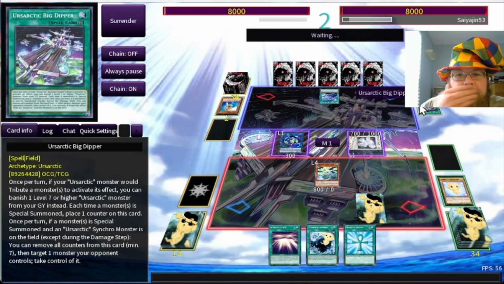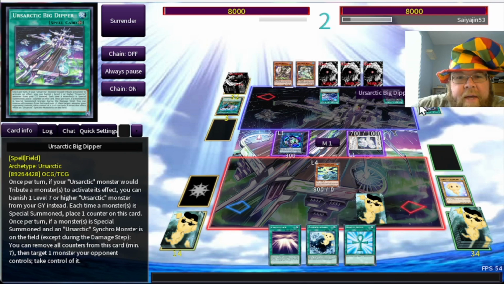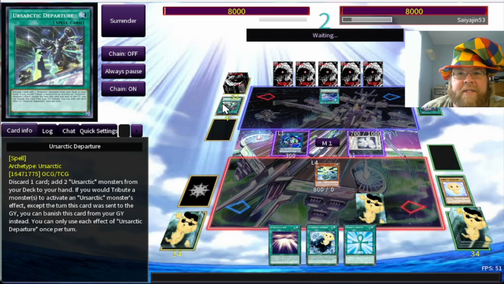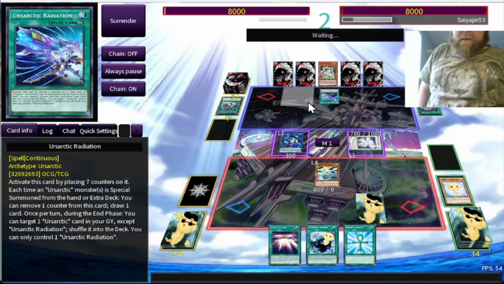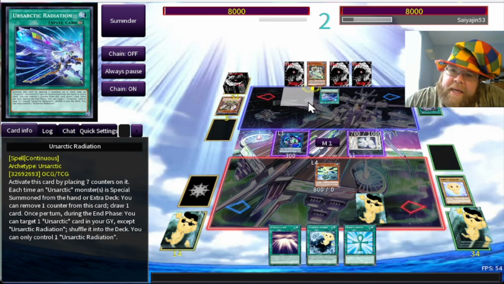And then this Ursarctic will tribute a monster, activate effect, banish a dude. Every time a monster is special summoned, place a counter. And then remove all counters at 7. Okay. And then this thing, which just gets him 2 Ursarctic monsters. Alright. Let me readjust my butt. So, basically what this is going to mean is...